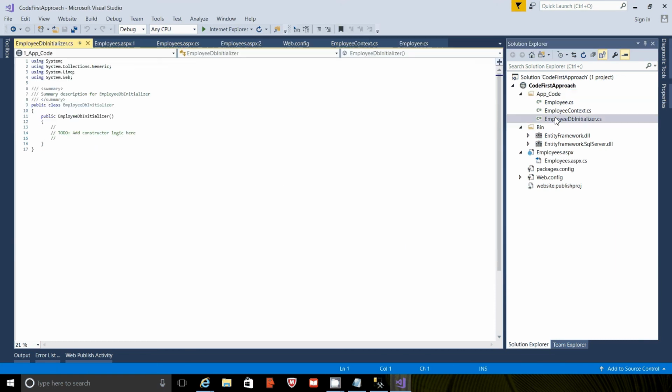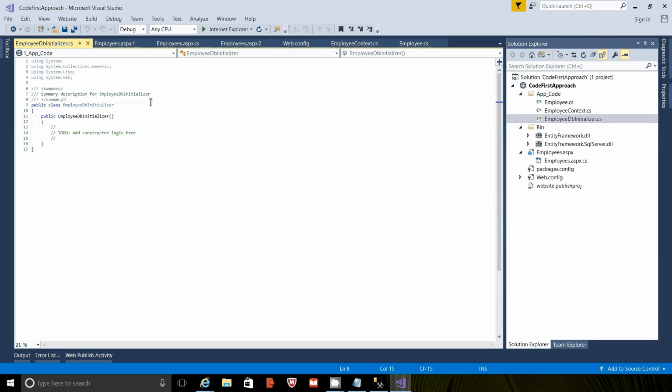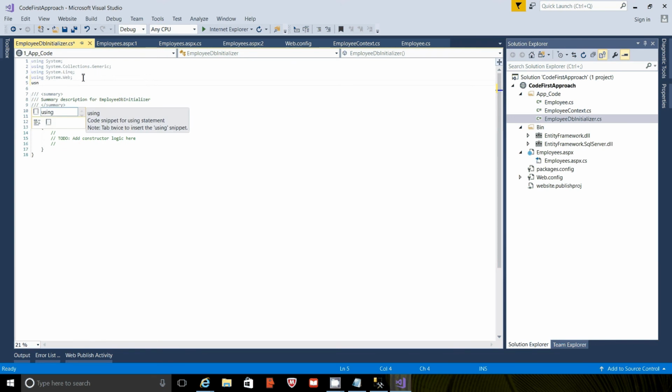Anyways, I think it's added. Let's build once. I don't know what happens. Okay, let's add using System.Data.Entity. So this, and what we would do is we would inherit from